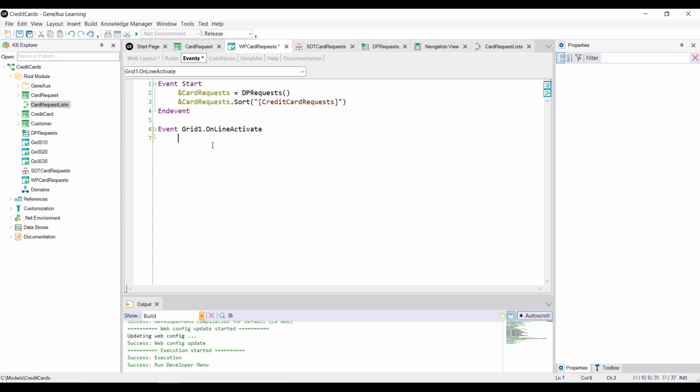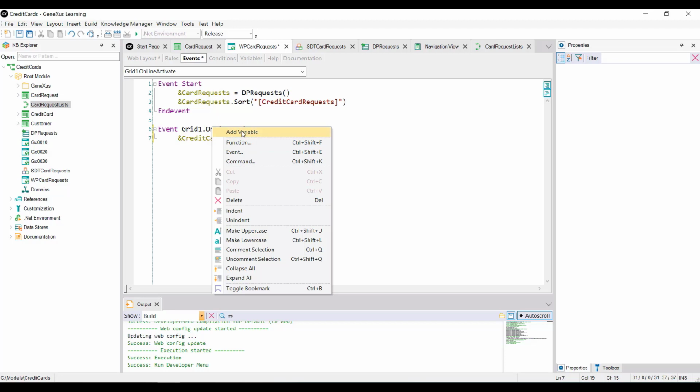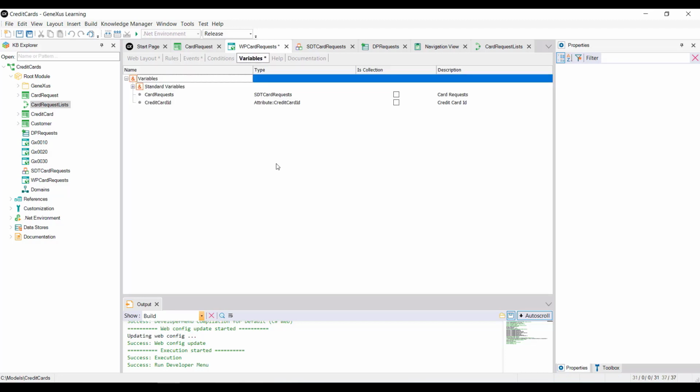How can we do this? As the grid shows the loading of a collection, we must position ourselves on the selected item of the collection in order to obtain the ID and the name. For that, we're going to use the current item property. So, we're going to define the credit card ID variable and we see that it was automatically based on the attribute of the same name.